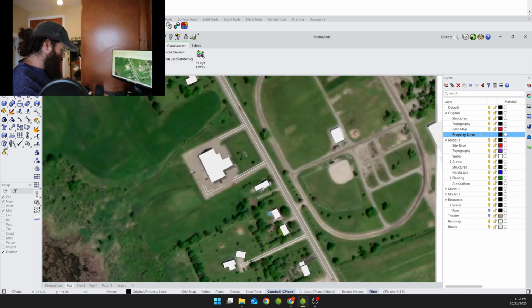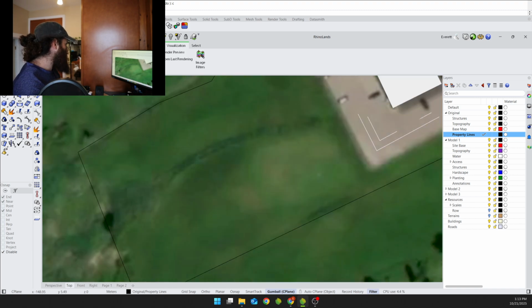So I'm going to start with some lines here from this point back to here over. I'm just going to roughly follow this creek and back to here, and I'm going to close that. Now I'm going to add in some more lines to show a couple other important things. Actually, I'm going to go with the parking lot first